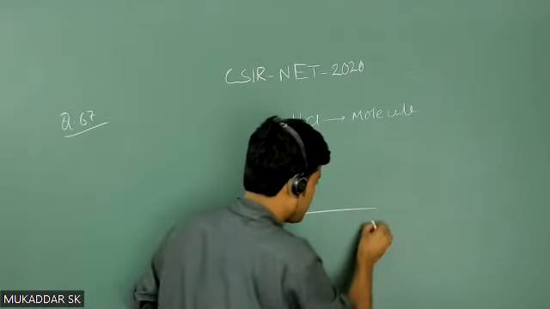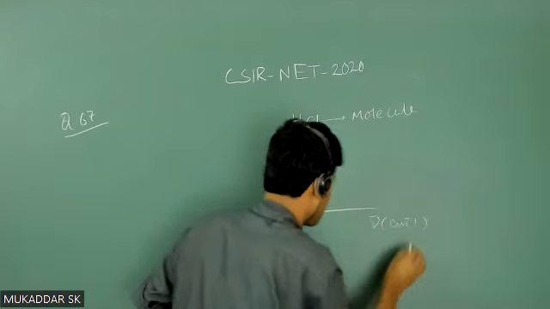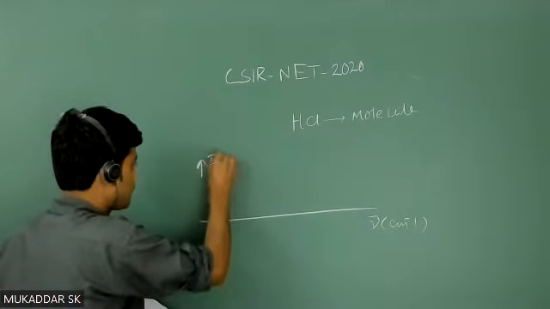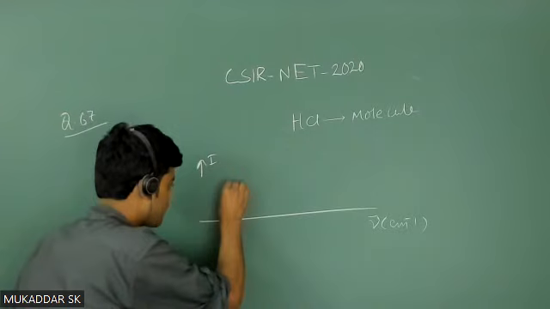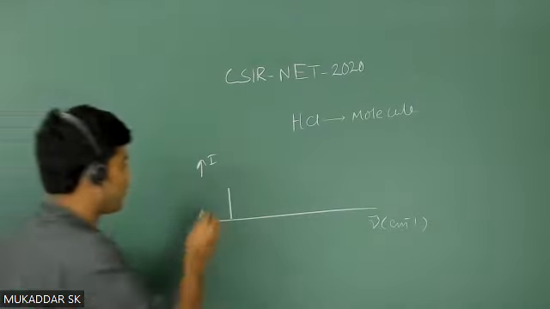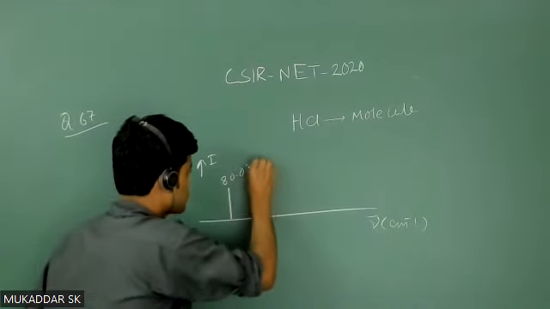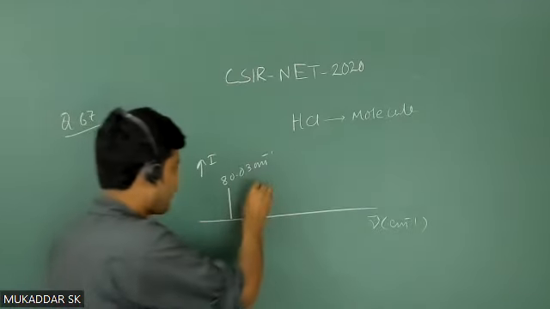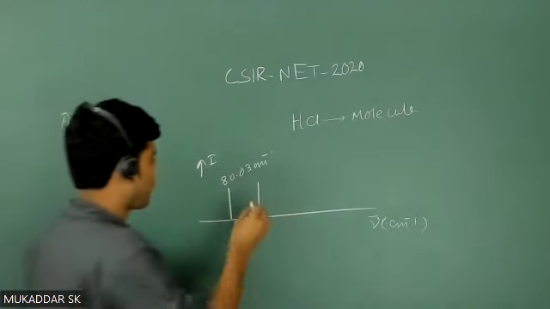So on this side you have the wave number in terms of centimeter inverse, and on this side you have the intensity denoted by I. The first 5 lines are given: the location of the first line in the absorption spectra is 80.03 centimeter inverse, and then the next line location is given as 103.73